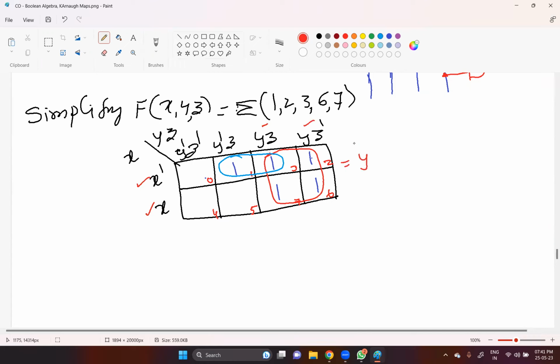For the quad it is y, plus for the dual, a single row is participating, so here it is x complement, two columns have been participating, out of this the common element will be z, so y plus z, x complement z, y plus x complement z. This is the outcome of this one here. Okay, this is the way you are able to